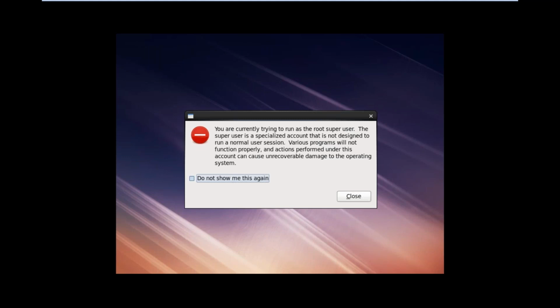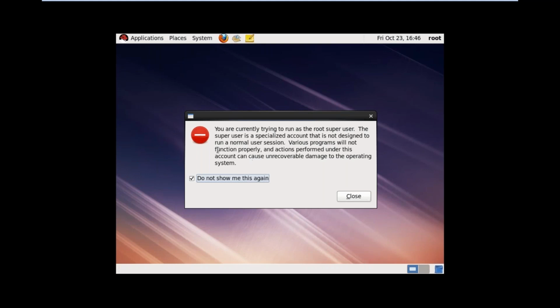Don't show this message again. It is giving the message that you are currently trying to run as the root user. The superuser is a specialized account that is not designed to run a normal user session. So we are logged in as the root user. Click on close.